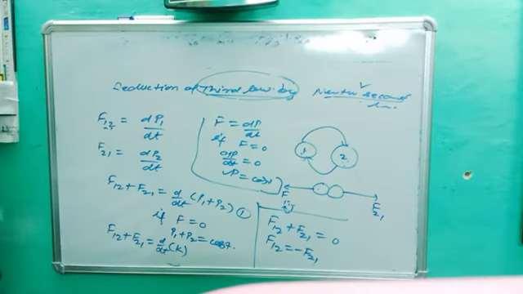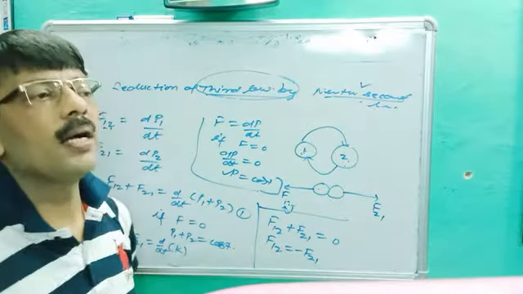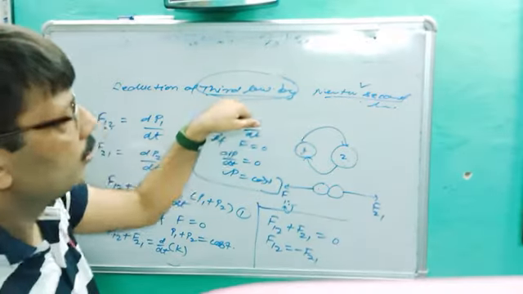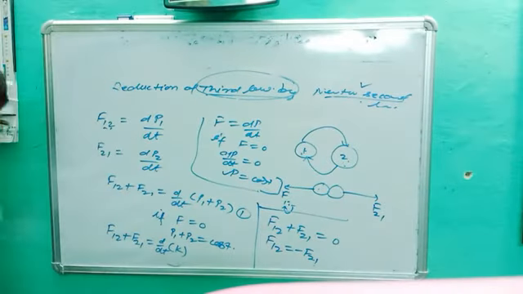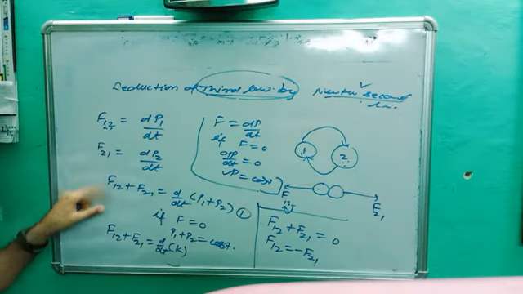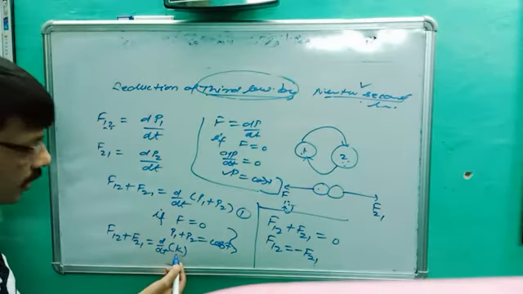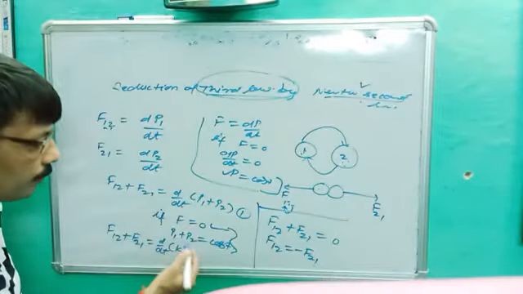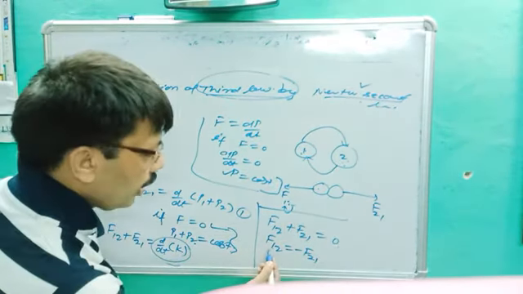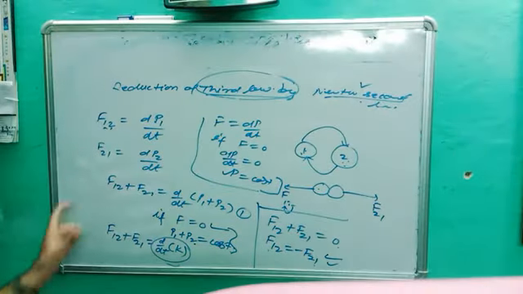Every action has an equal and opposite reaction. F12 is equal to F21 with what sign? Minus. Minus means opposite reaction. So this is all about the deduction of the third law with the help of Newton's second law. Okay, note down all these points. This is the second law. We applied conservation of linear momentum: since external force is 0, P1 plus P2 is constant, and the differentiation of a constant is 0. F12 is equal to minus F21, and you better know this is called the third law.